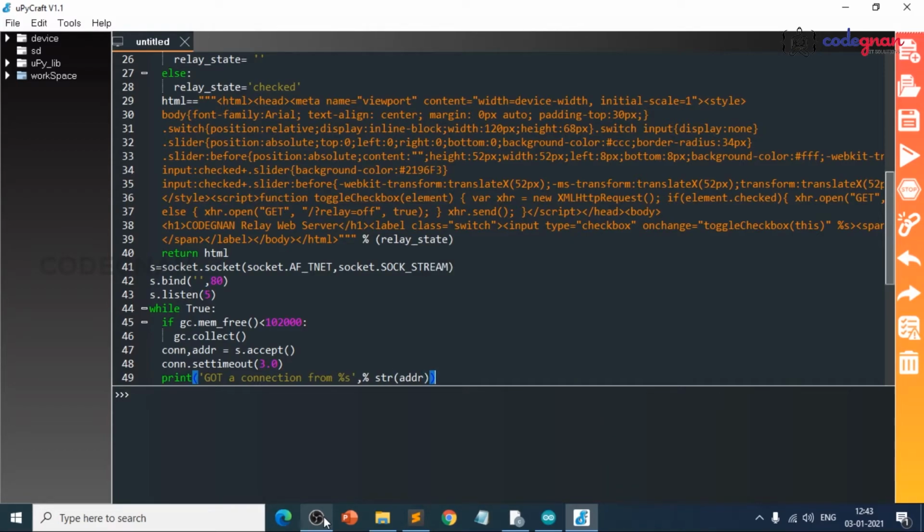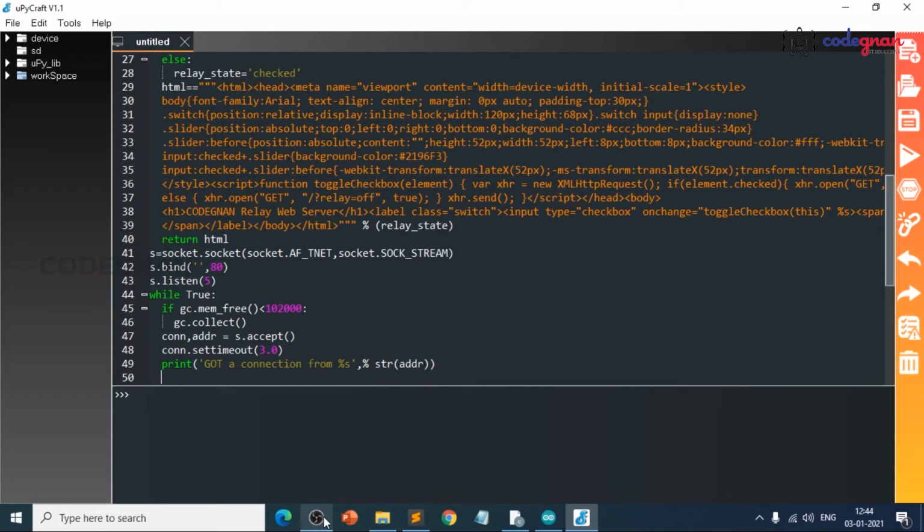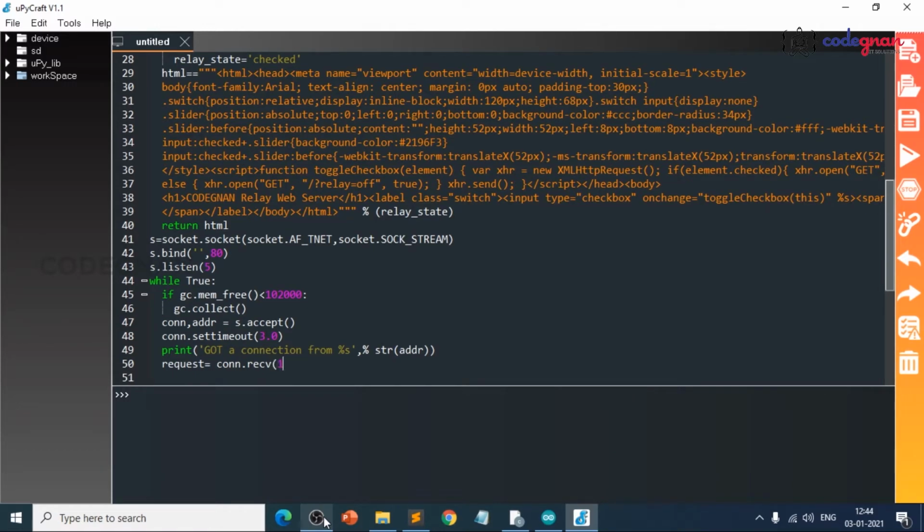This line will print the IP address of the connection from which it has come here. And next thing, request equals to str of, or request equals to con dot receive. If it is a proper connection, then we will receive the data here in the format of 1024,